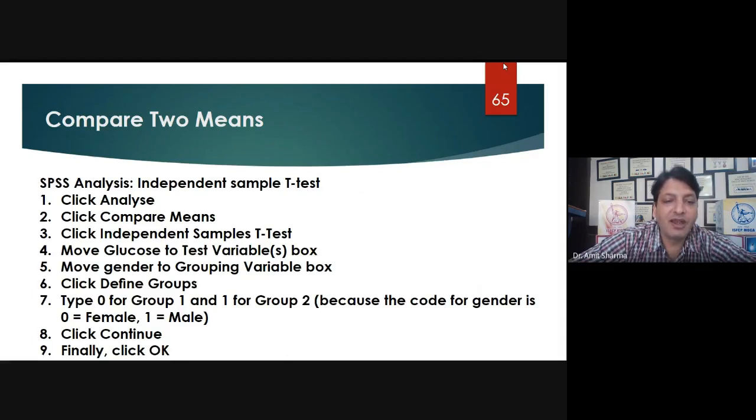For example, when I did the coding, I used two different codes. The first code is 0 and the second code is 1. It does not matter which code you give to which group. For example, I used 0 for females and 1 for males.